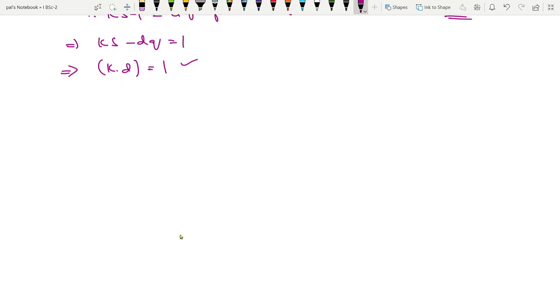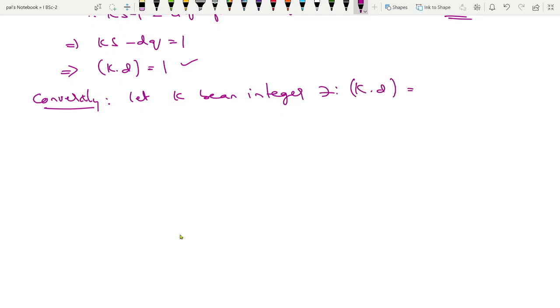So we have to prove that here. Conversely, let k be an integer such that k and d are relatively prime. Let's assume that k and d are relatively prime, which implies